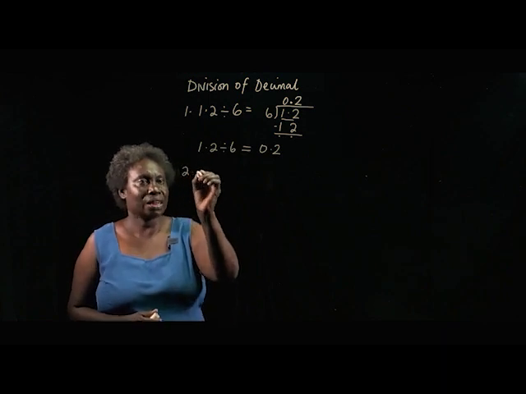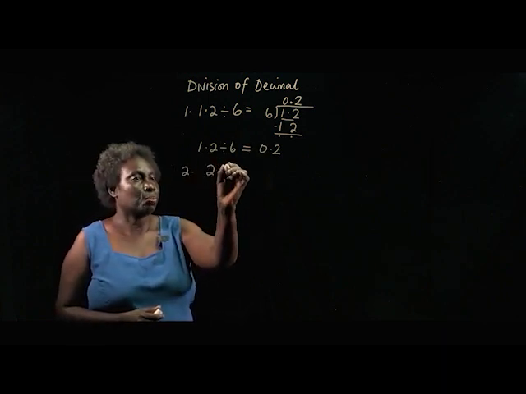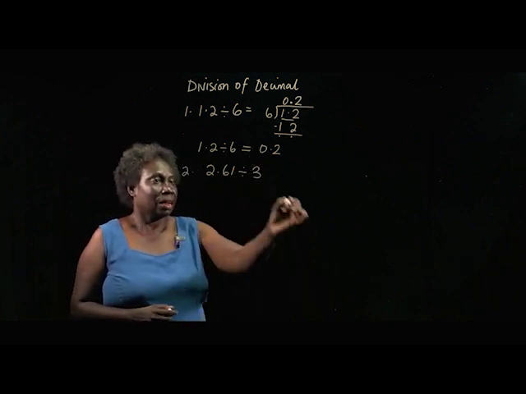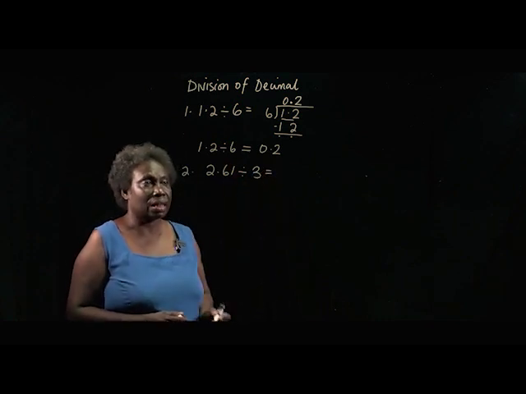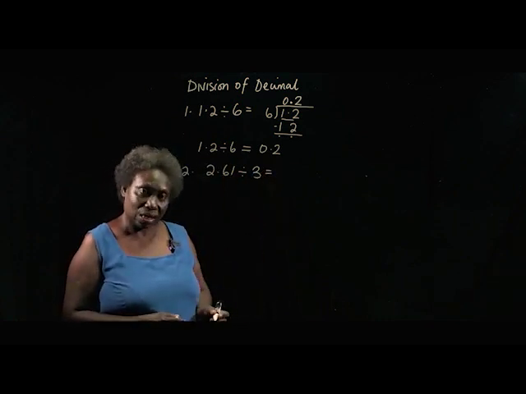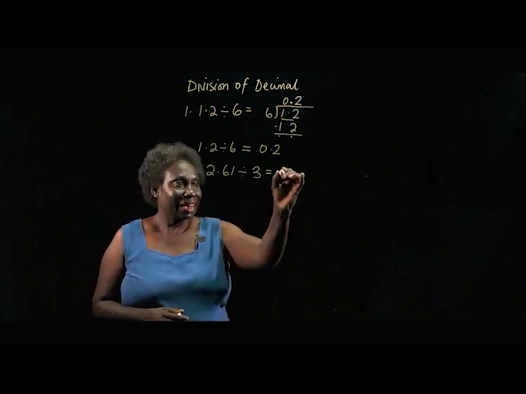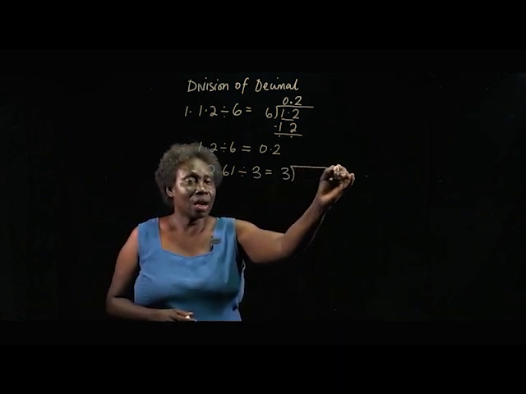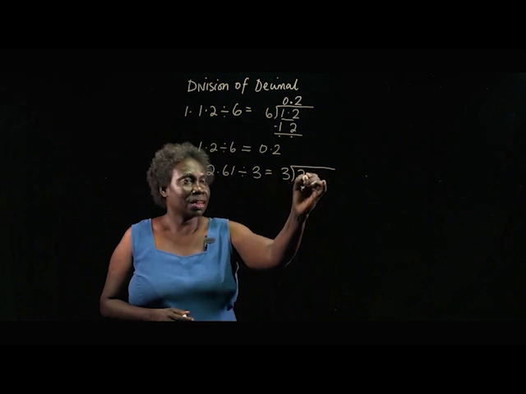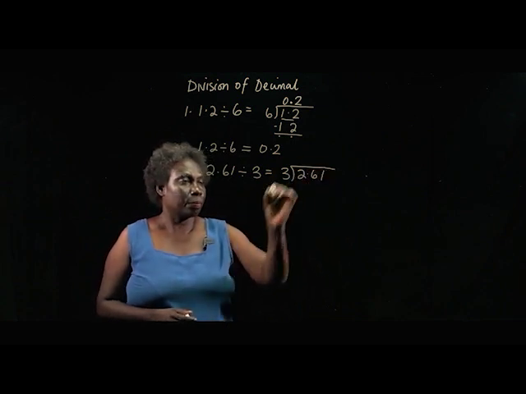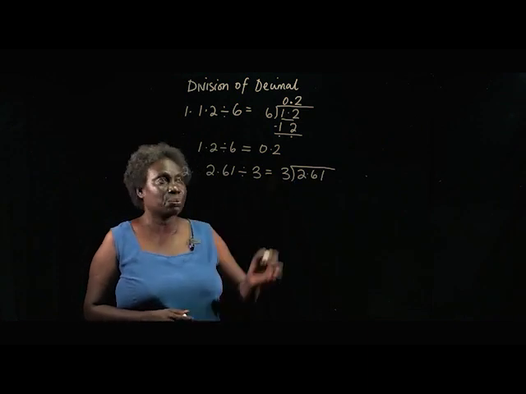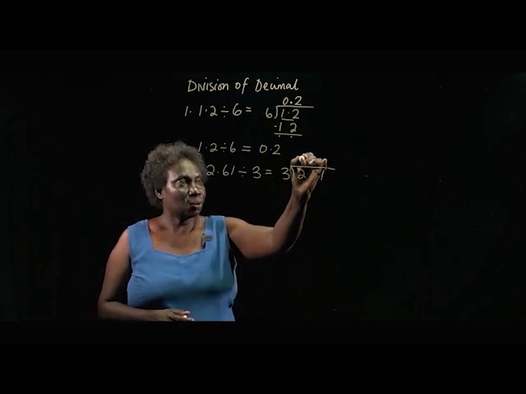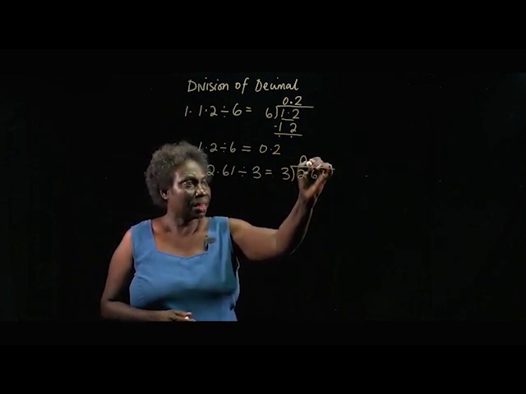Our next example is 2.61 divided by 3. Okay. Again, 3 is the divisor and 2.61 is the dividend. Now, the divisor always stays outside the division symbol and the dividend always under the division symbol. Now, again, we'll do the same thing that we have done in example 1. So, 2 divided by 3, it cannot, so we put down a 0 there and bring the decimal point here